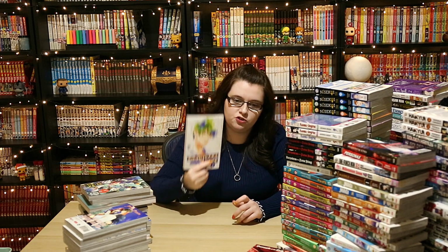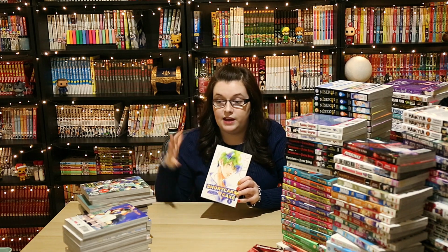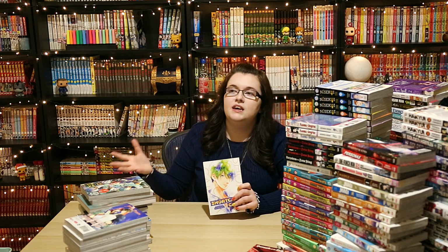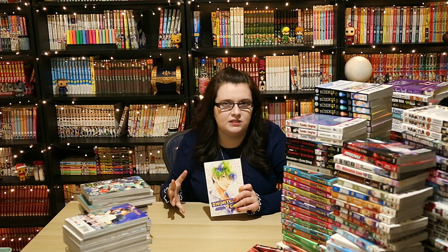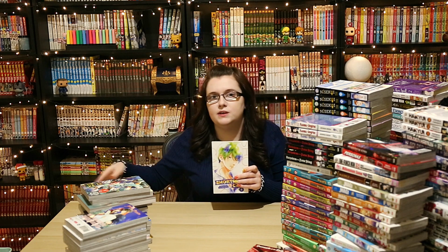Volume 8 of Shortcake Cake. So what I've decided to do more recently is I have my basket for my currently reading, and I've picked a few series that every time I add the next volume along from that series into the basket, so I can more quickly read through series without necessarily binging the series in one go, if that makes sense. So instead of reading 6, 7, 8 of a series, I'll read 6 of this and then 3 of another one and 2 of another one, and then I'll read 7 of this and then 3 and then 3, or